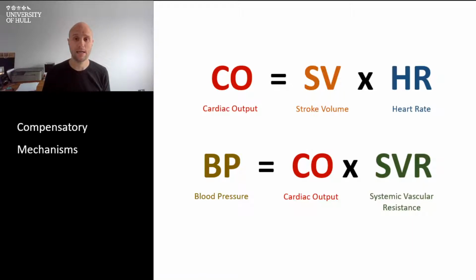Then that cardiac output times the systemic vascular resistance, which is how we refer to the muscle tone being constricted within the smooth muscle of all the blood vessels, combine to improve blood pressure, and in doing so hopefully improve blood flow and perfusion of the tissues of the organs, so that they can undertake normal